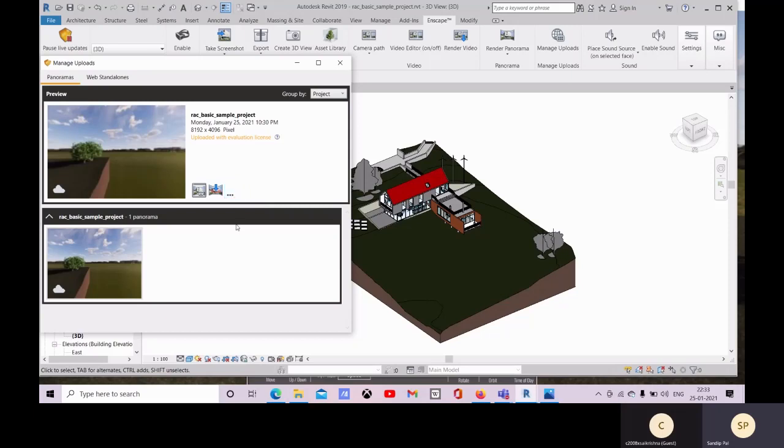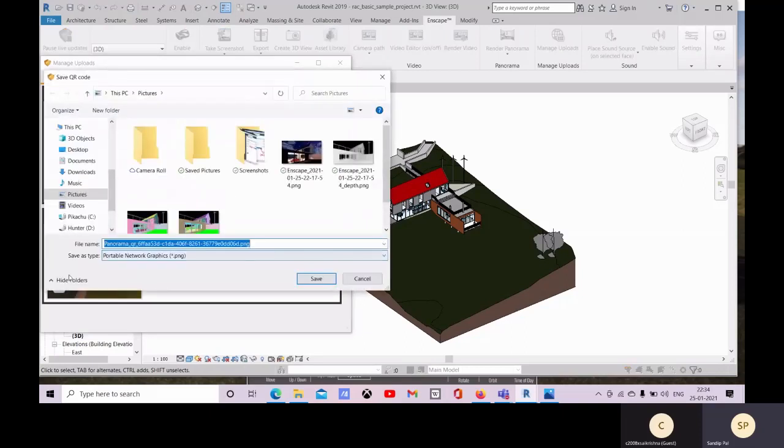When your client comes, that QR code can be scanned and he can view the 360-degree view of that particular room, and he will get a better idea. So you can copy the QR code or save the QR code to a file. You can save this QR code.